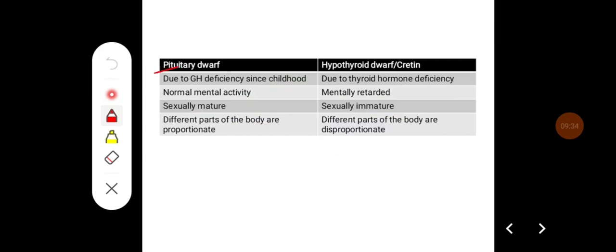There are some differences between the pituitary dwarf and the hypothyroid dwarf, that is, the cretin. Pituitary dwarfism is because of growth hormone deficiency in childhood. Cretinism is because of thyroid deficiency in childhood. The mental activity is normal in the pituitary dwarf. The cretin is mentally retarded. Pituitary dwarfs are sexually mature, whereas hypothyroid dwarfs are sexually immature. In the pituitary dwarf, different parts of the body are proportionate, but in the cretin, there is a disproportionate body, that is, the upper segment